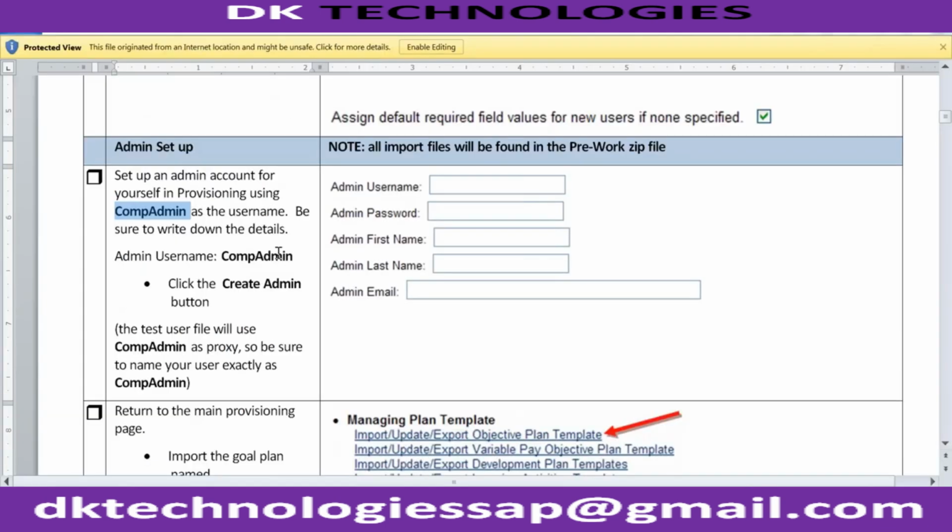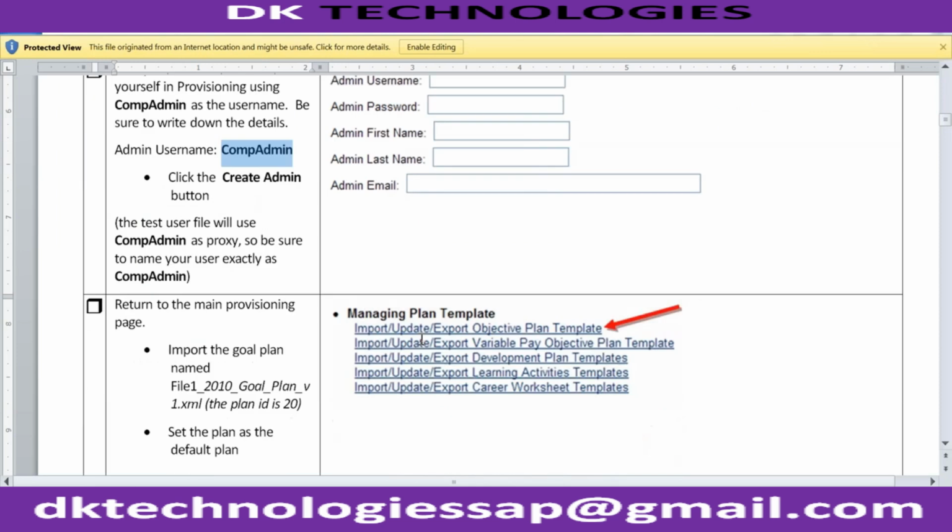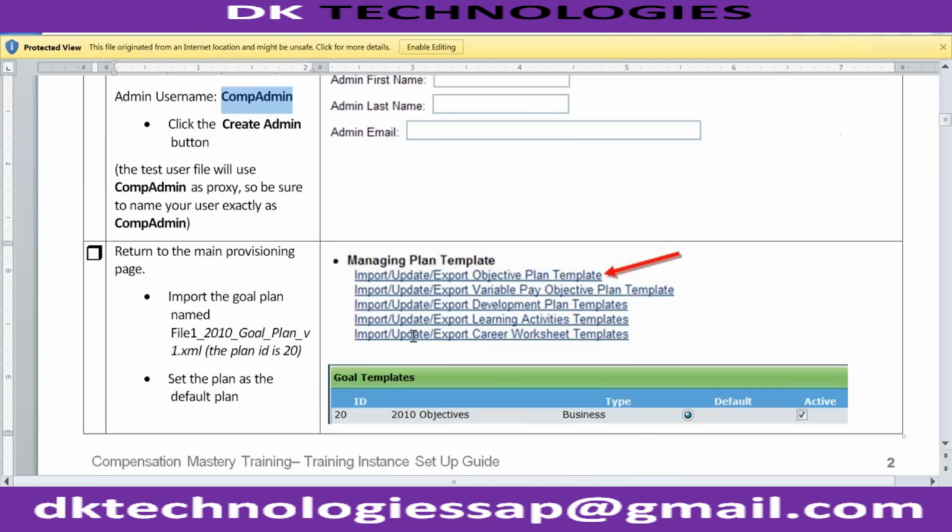So I'm not going to do it again, guys. If you want, you can do it, but that's not a big deal, guys. You just provide the username, password, first name, last name, and click on done. That's it. And here you can see they're asking us to configure your goal plan template,